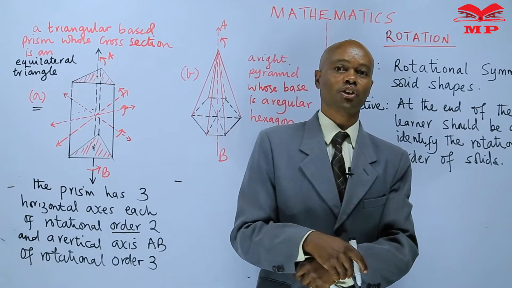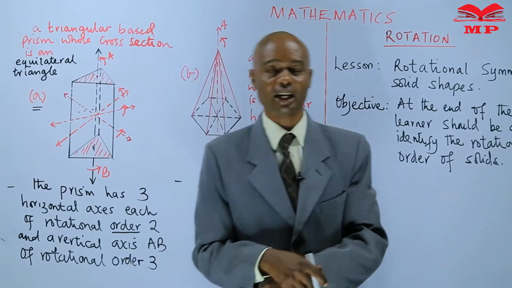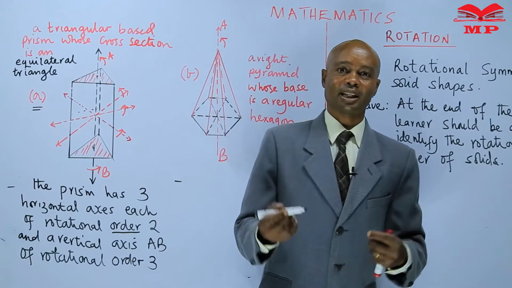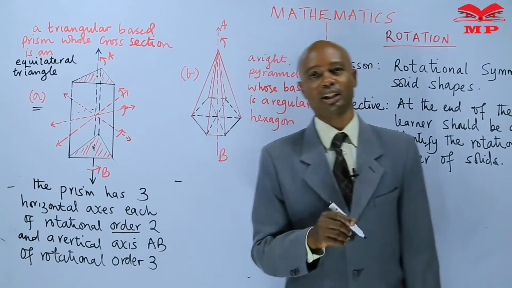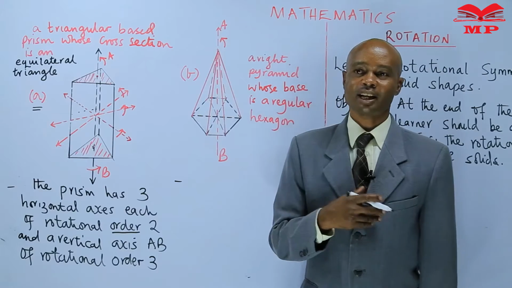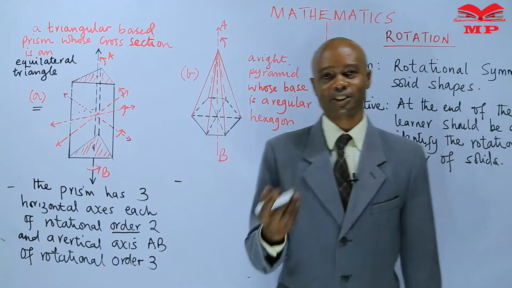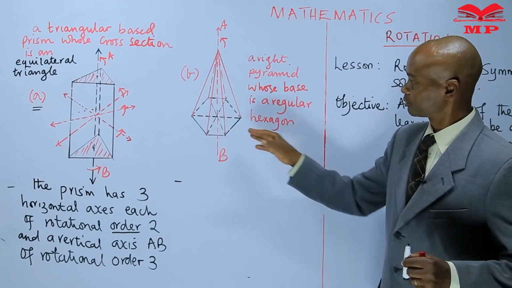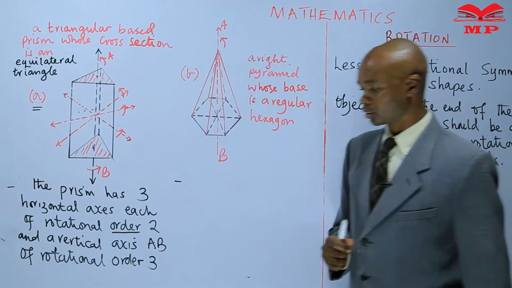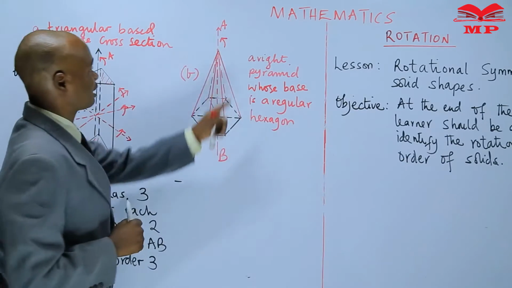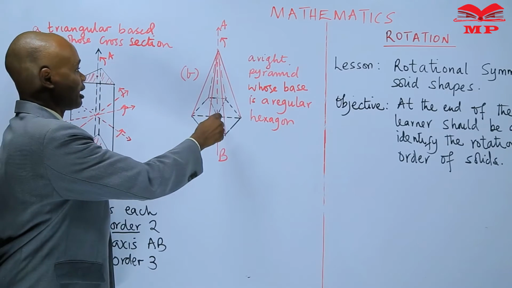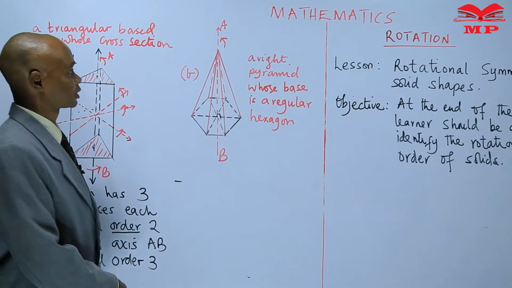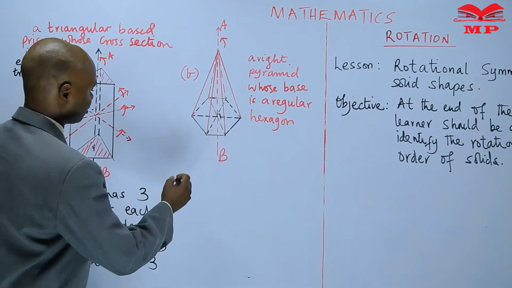In the previous lesson, we learned that any polygon will have the number of lines of symmetry equal to the number of sides. So a hexagon having 6 sides will have 6 lines of symmetry. That will lead to us discovering how many orders of rotational symmetry it will have. So we have the vertex at the top, and the vertex meets that perpendicular. So you can say the right pyramid